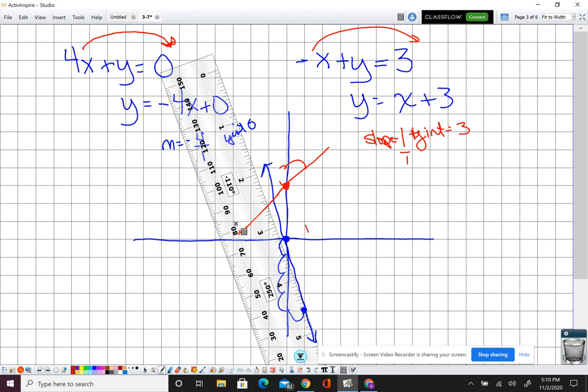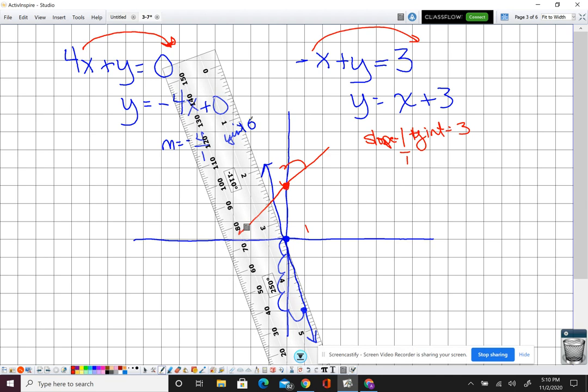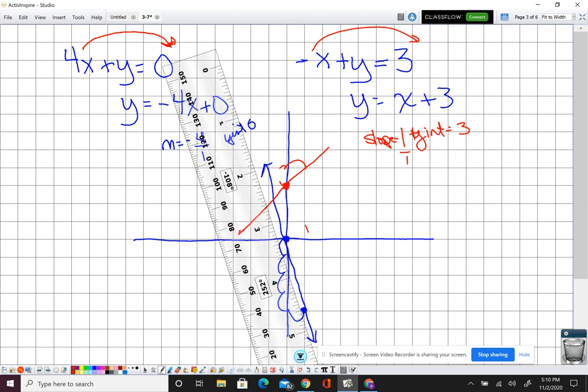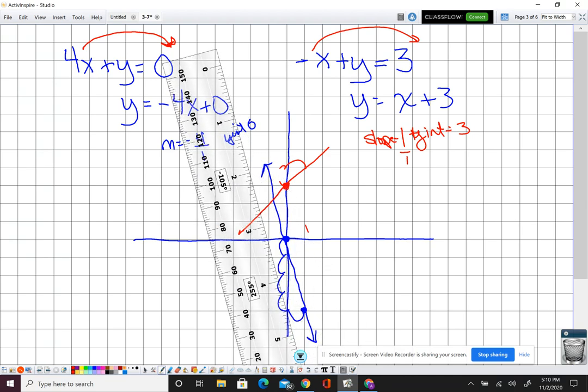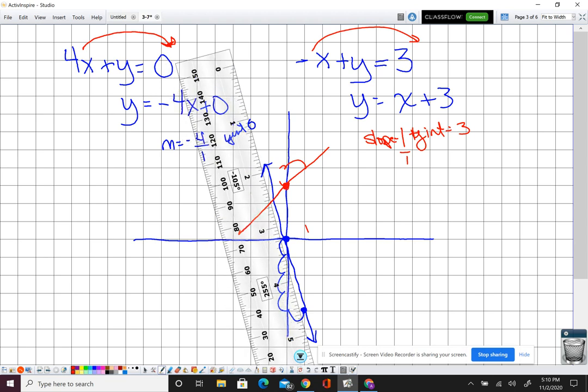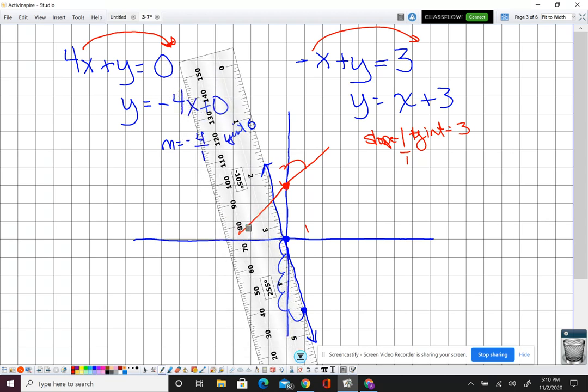It's pretty close, except I took it off of there, so I have to move it some more. That looks pretty close there, and I can draw my line using that straight edge. Okay,